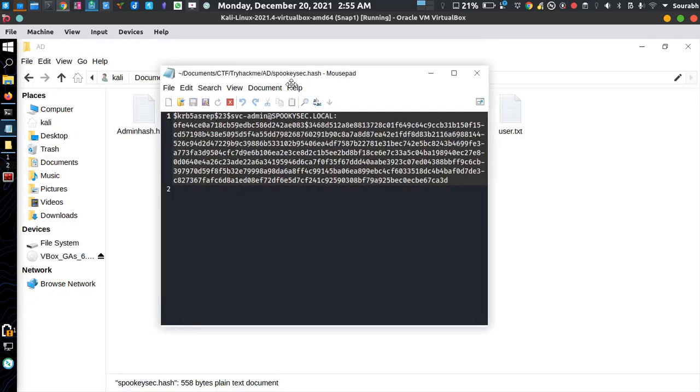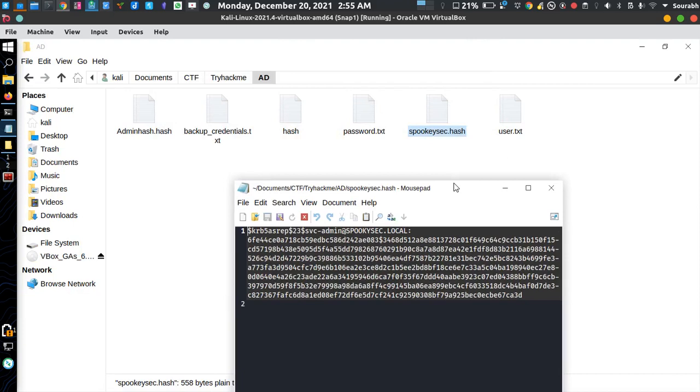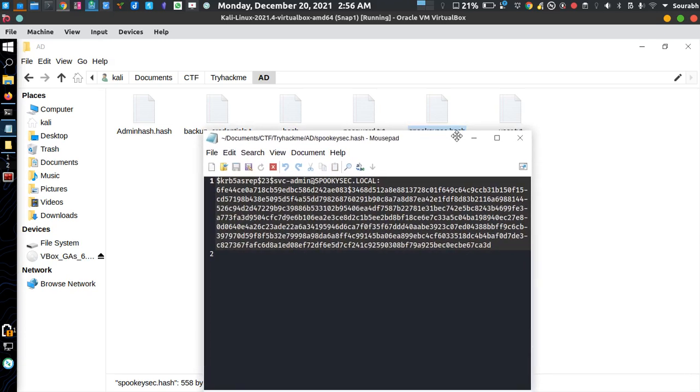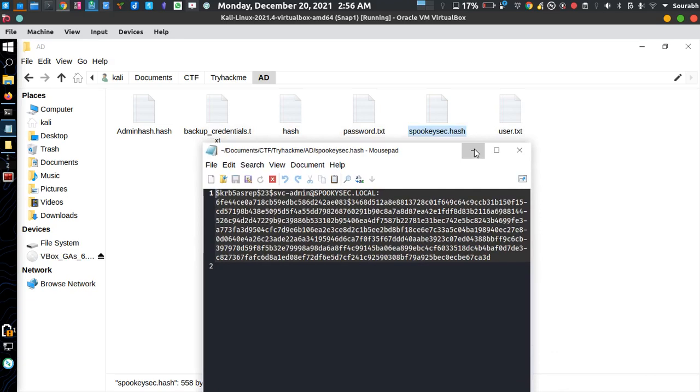Keep in mind that when you paste that hash in a text file, you use .hash as its extension. Why? Just like any executable file, the extension is .exe, any Debian package, the extension is .deb, just like that any hash file's extension is .hash. And why do we need the hash file? Because we need to crack it. Okay.